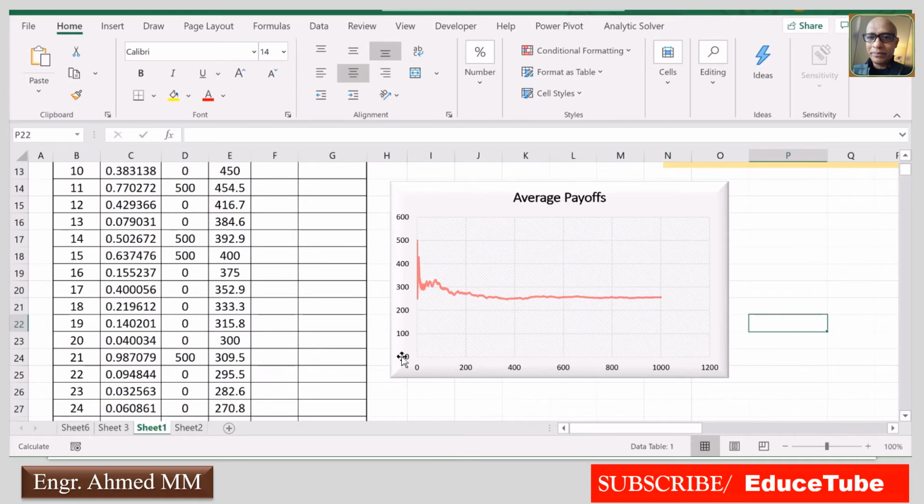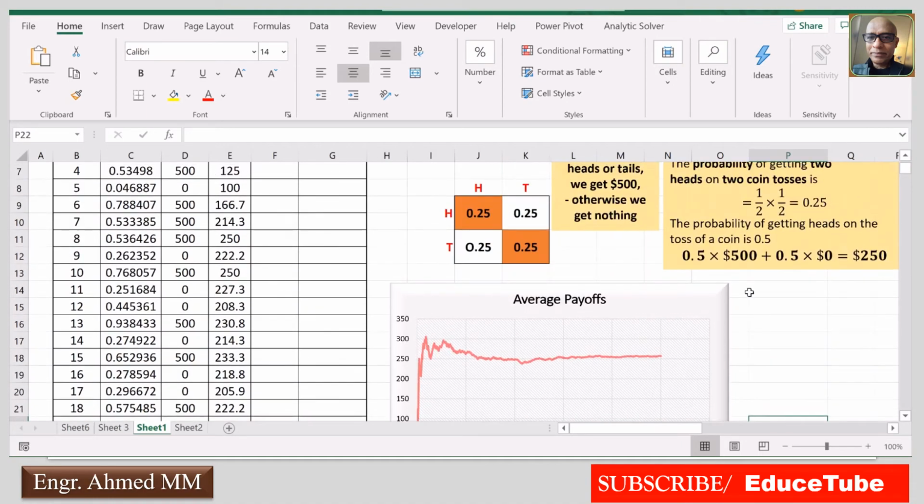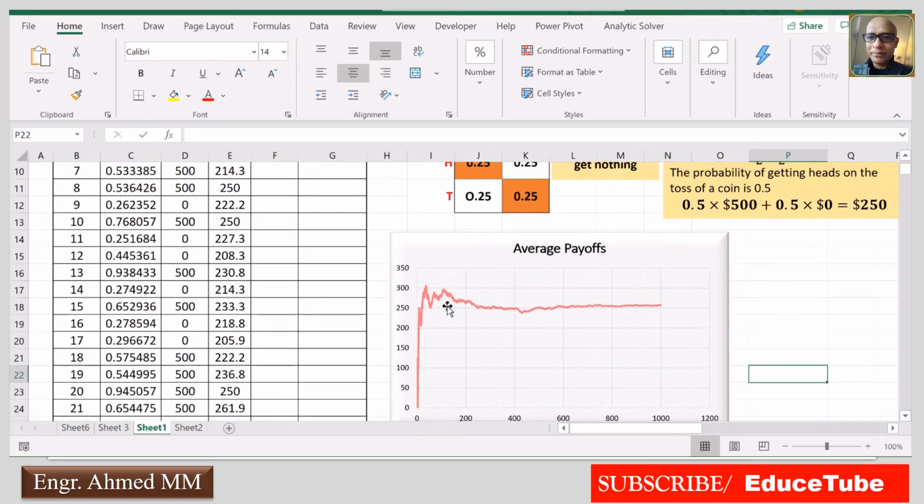and if you look at this full line, it is actually this full line. It is because this is continuously changing, that's why the graph is going up and down. So this one is in the range of 250. How is it coming?